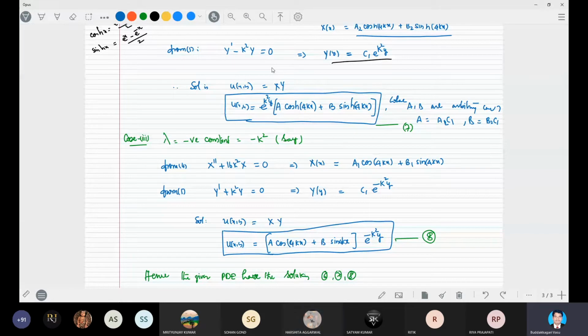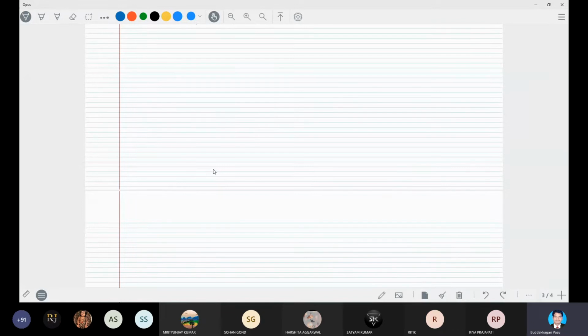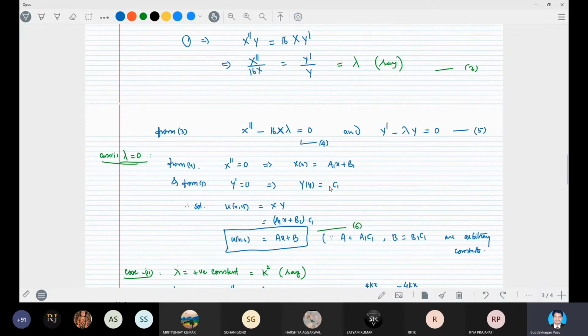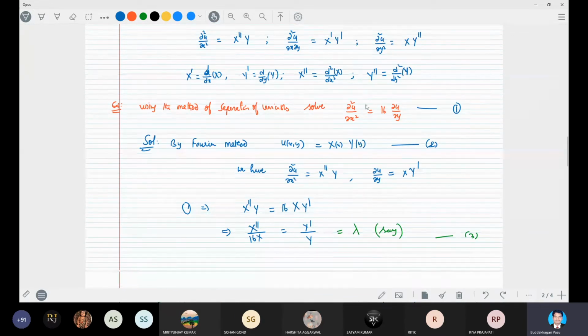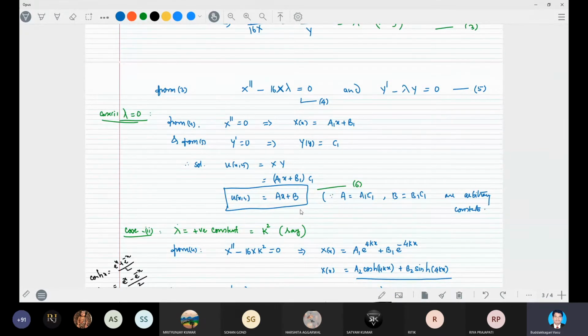Accordingly, we have to choose the specific solution from the possible solutions, right? Now here I am giving you another problem. In the same way we have to solve it, because I have taken the specific constant 16. If we take any general constant, say c square, it will give you the solution like this. Any problem you want to solve by the method of separation of variables, you have to follow like this only. We will do more problems in the tutorial, right? Any doubt? This is how to solve second order PDEs using the method of separation of variables.